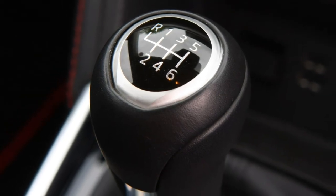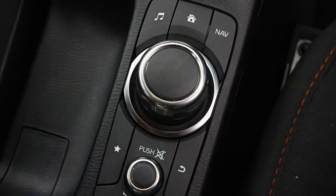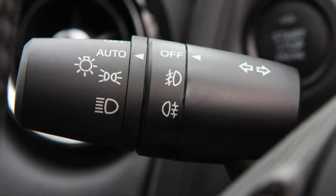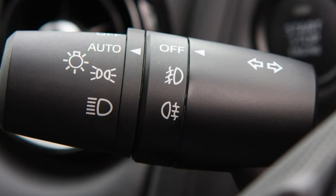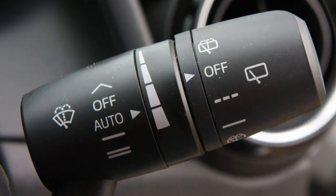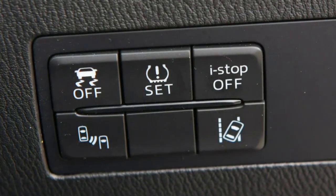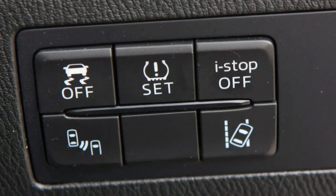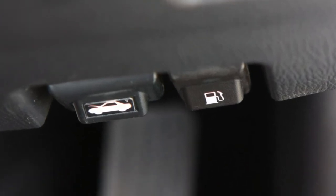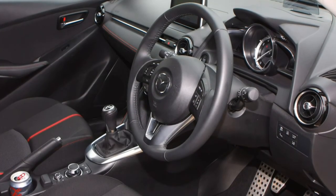Serving as the range's feeder point is a 74 bhp version producing 135 Nm of torque at a relatively high 3,800 revolutions per minute. If you rarely venture away from the urban confines of any city, this motor's skilled at the job of managing traffic without much oral drama. On the odd occasion you may need to take it further,